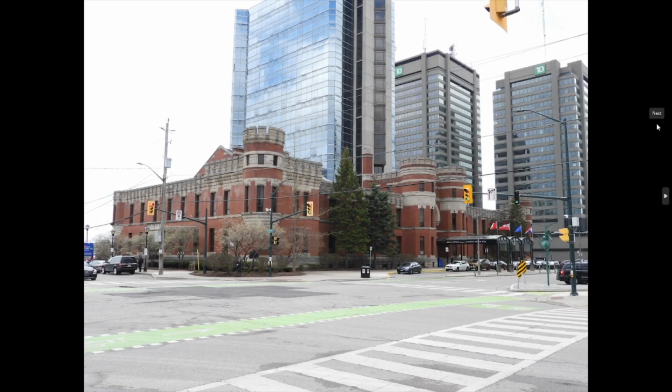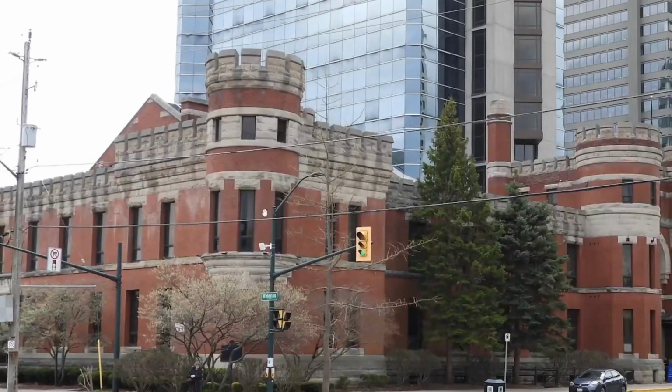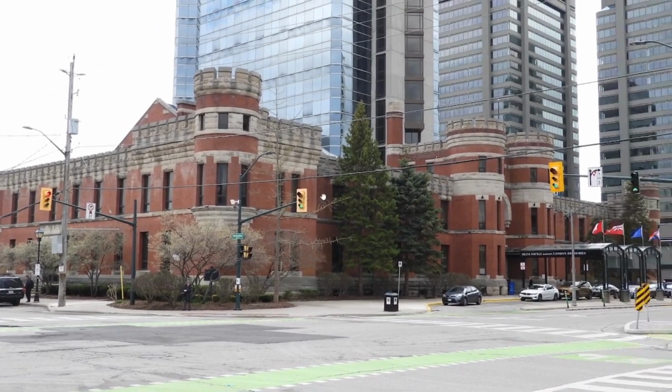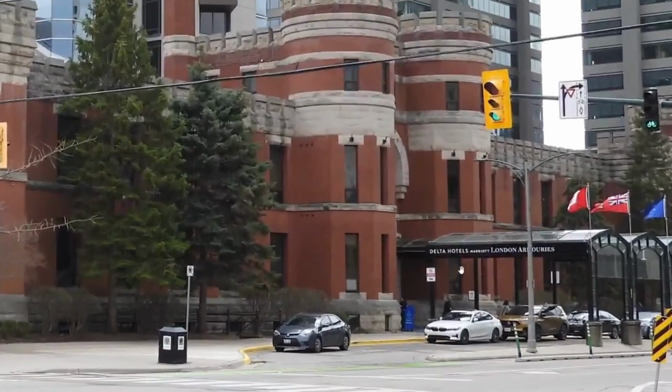Yeah, so we are not far off from the truth at all when we call this building a castle, because it literally is a castle. What are we talking about here? We got the towers here, the guards. I forget exactly what those are called, but I mean, this is a castle. This is the old London armory the militia and military used in the 1900s, which is now the Delta Hotels,